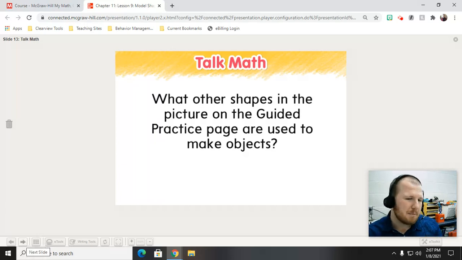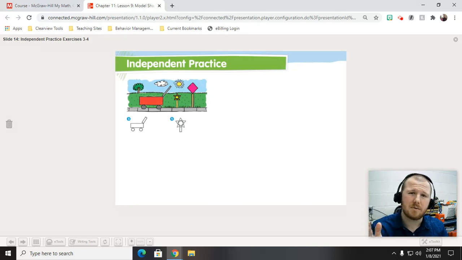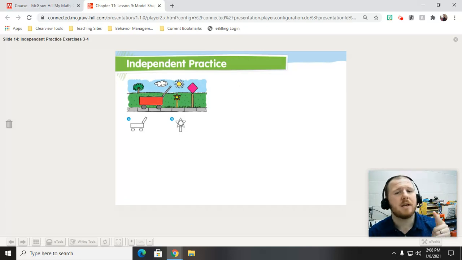But keep in mind, just because one person does it one way does not mean that you're doing it wrong. If you do it your way and you see that it works, like instead of using a rectangle, if you use two squares to make a rectangle, or if you don't have a hexagon, so you use six little triangles to make a hexagon, or even two trapezoids or whatever, then you can make it work. You don't have to use the same thing. It all works. One rectangle and two squares together is the same thing. So be creative, think on your